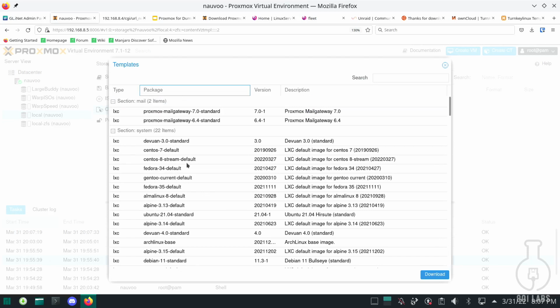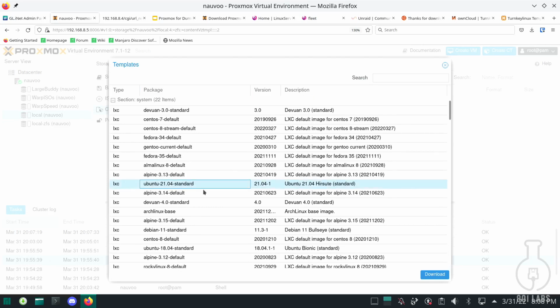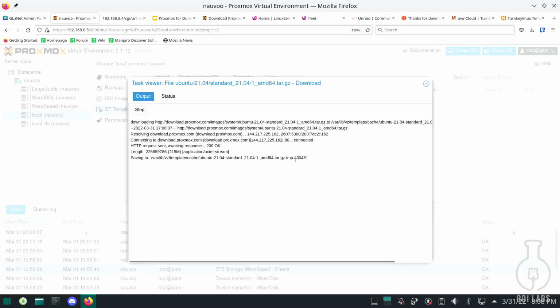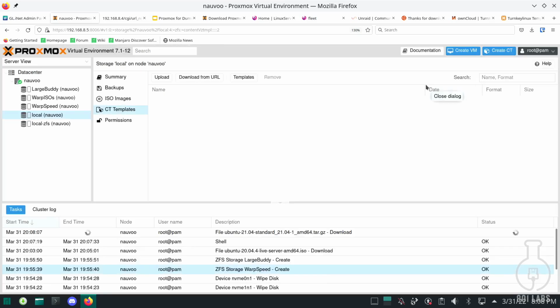Okay, so let's grab, I'm just gonna grab Ubuntu because that's what I like to use, because everyone uses it. But so what it's doing is it's grabbing just a tar GZ of list of files for it, and it's saving it to there, and it'll show up. Again, I don't want to do it. We'll let that run in the background, and we'll go back to